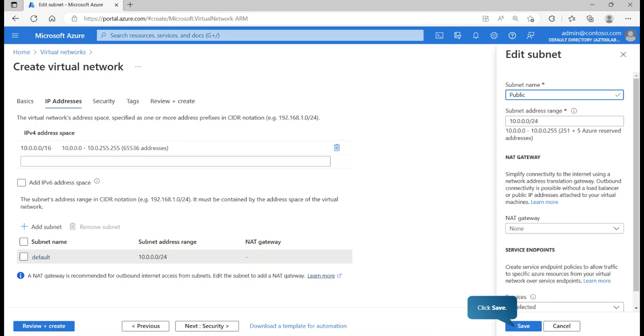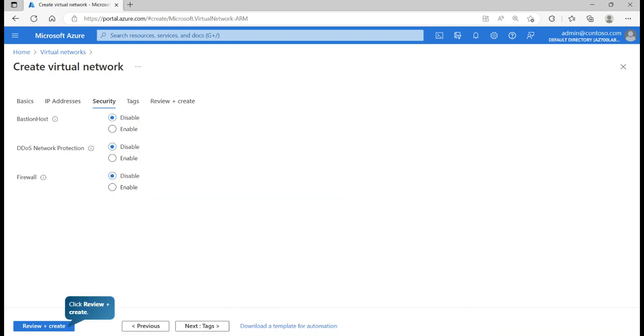And you'll know later why we change it to public. Ensure IPv4 address space is 10.0.0.0/16. Then go to security, make sure the bastion host is disabled, and the firewall is disabled,